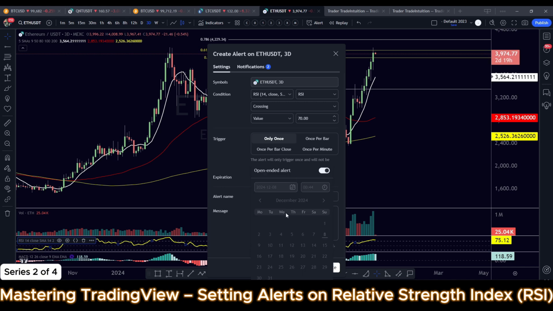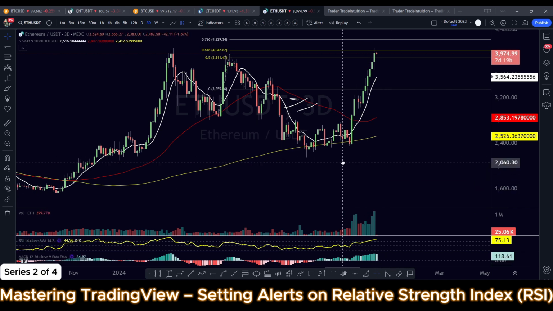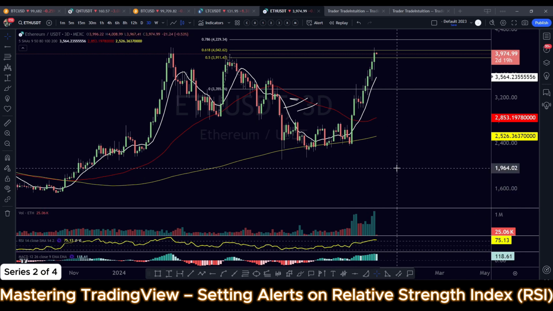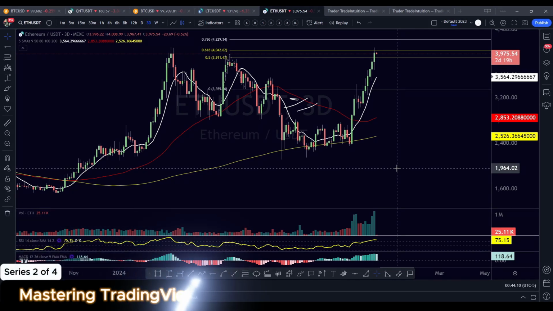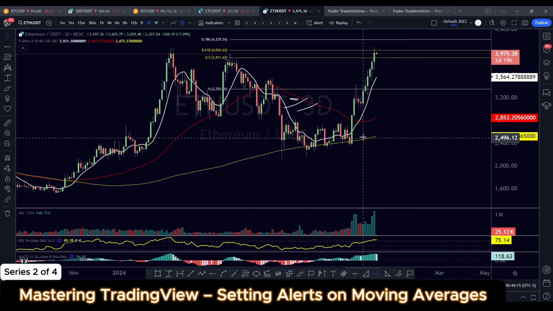But here I can set limits or what have you. Moving on. I'm not going to do this alert, but you can also create the alert just like I showed you. And then, of course, the same thing with this one. Now, one thing that we will be doing in the future is setting alerts on our moving averages. With the moving averages, you can do it to where you have a certain moving average crossing above